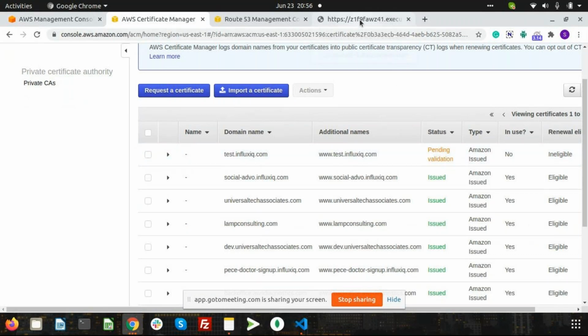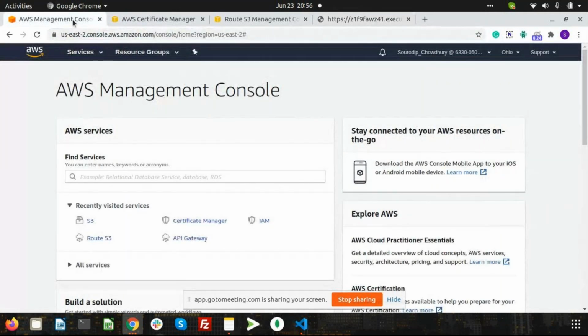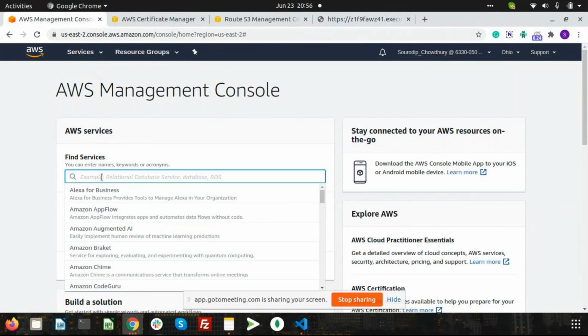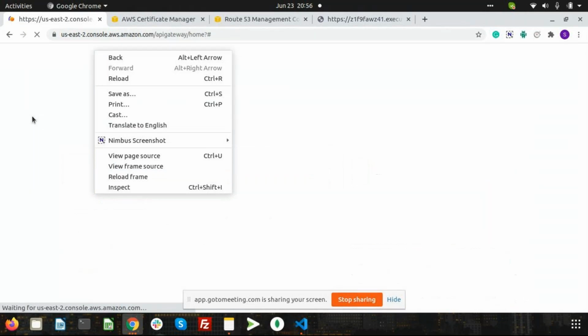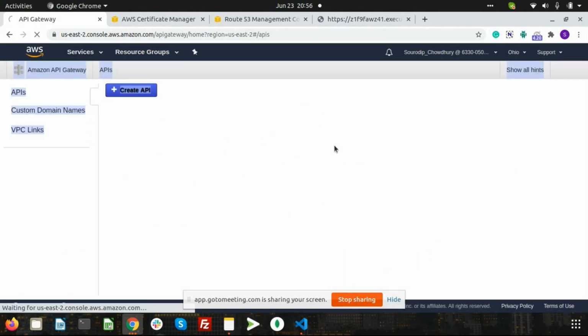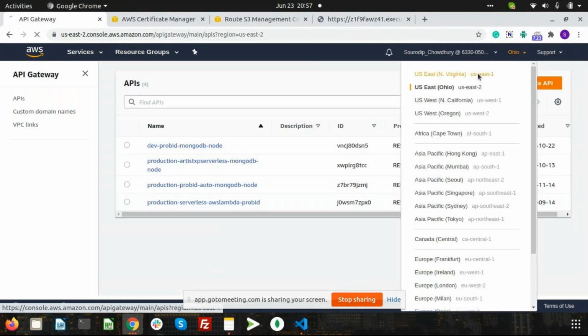Again, when we are routing a Lambda, you can see before the execute API part, there is a code. This is the unique identifier of this Lambda. We can copy it and go to the management console. Now what we're going to do is enter the API Gateway services, which we are entering right now. We have entered the API Gateway services. Because it is also region specific, we need to specify that the Lambda was in US East 1.